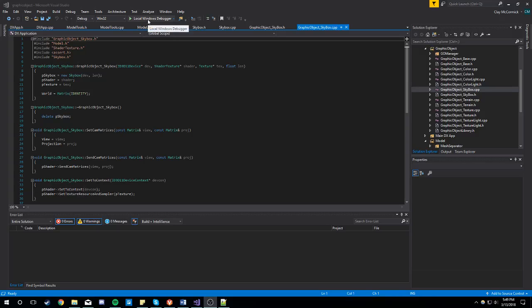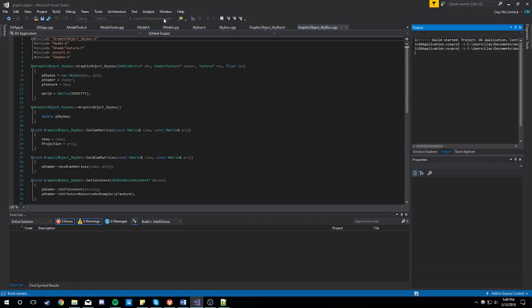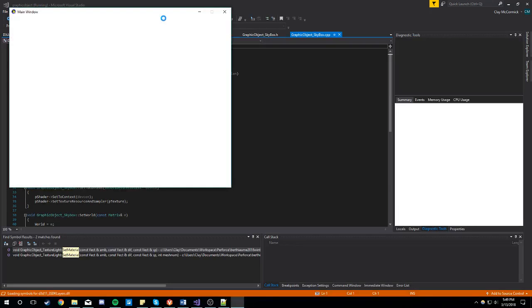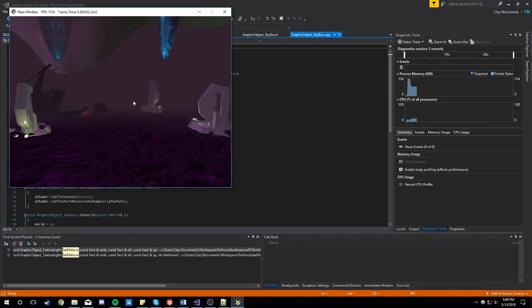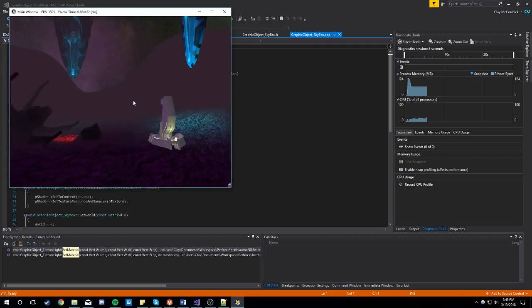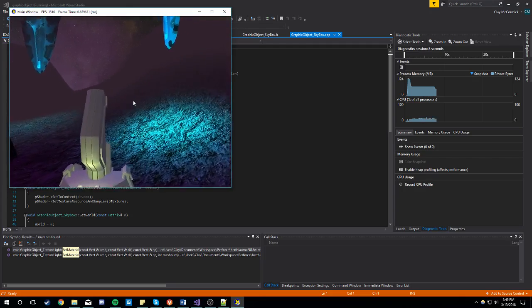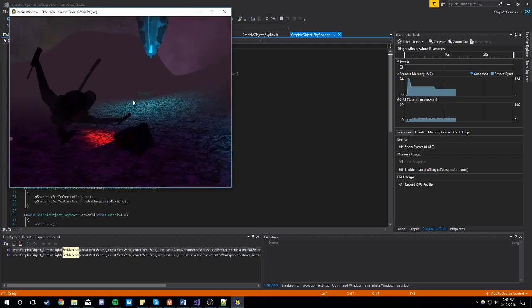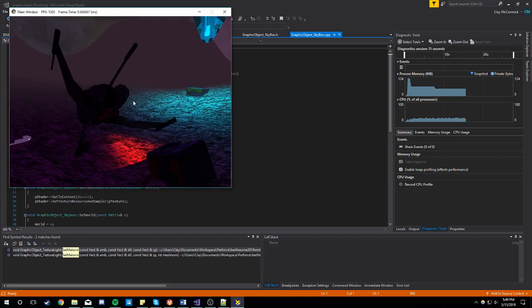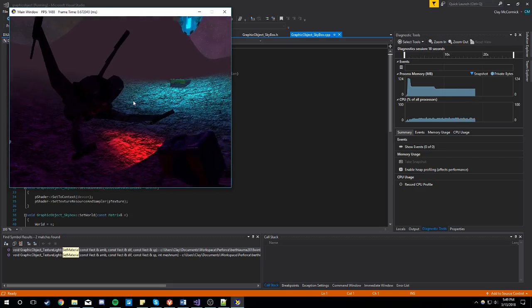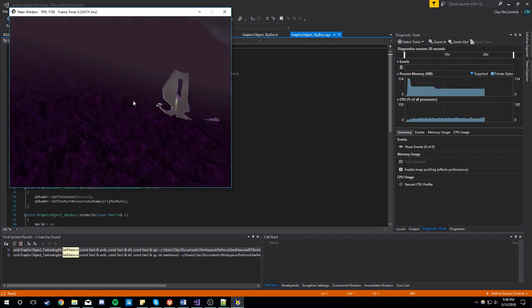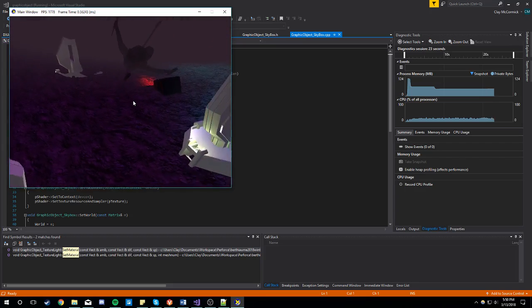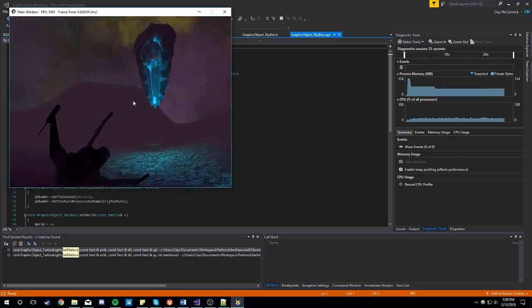Okay, first for this final demo, I'm gonna start up the engine. I'm gonna start up the program so we can go and see it. All right, so I have three spotlights, which are the two blues from the ship because they're trying to scavenge from this ship that broke down. Then here's the other spotlight, and then I have 3 point lights, which are from each of these. And then I have a directional light,